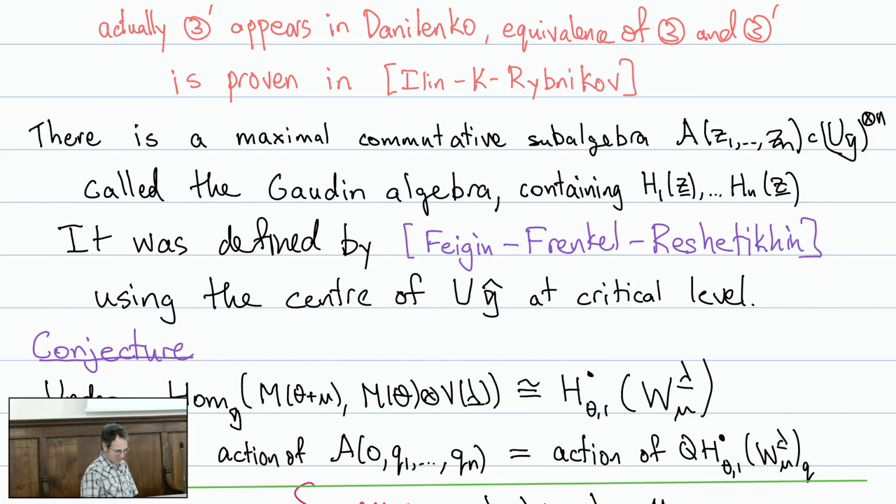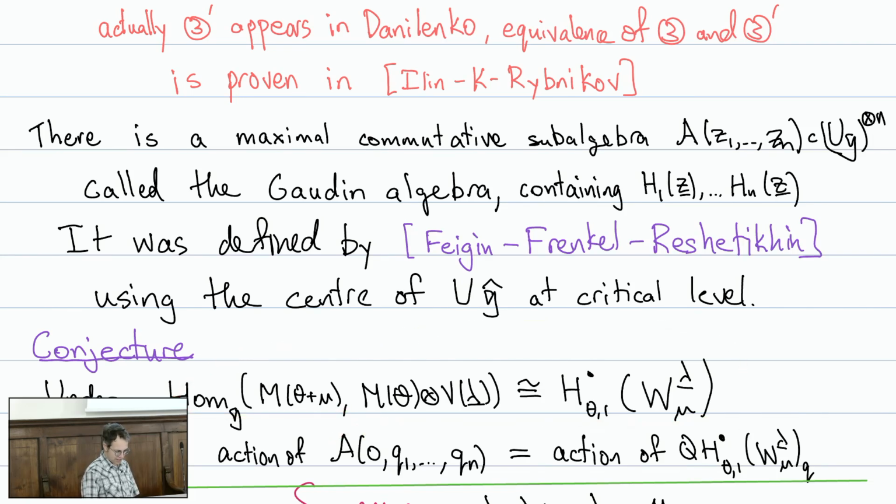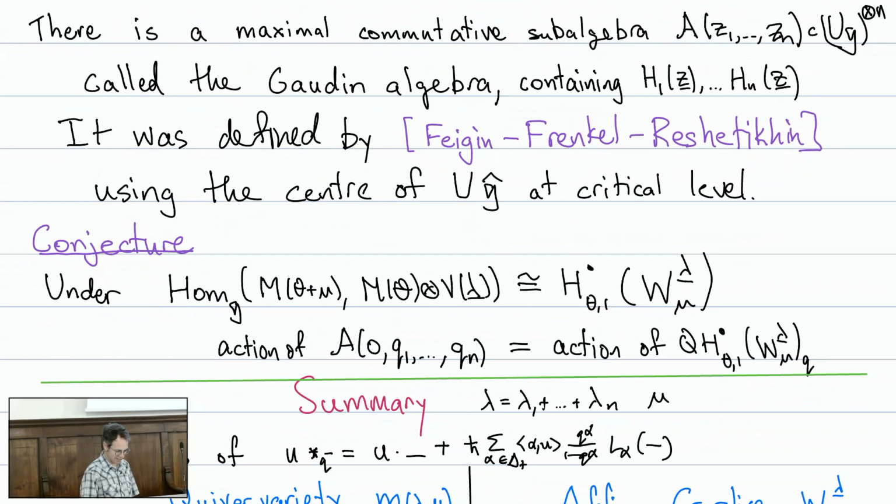Under this isomorphism, under this Verma module identification, the action of this Gaudin algebra is the same as the action of all quantum multiplication by any elements. As I said, the main evidence for the conjecture is that the left-hand side contains these Gaudin Hamiltonians, and we already know that those Gaudin Hamiltonians match the multiplication by divisors. This is a natural way of increasing the size on both sides, so it seems a reasonable conjecture. And it's supposed to be parallel. Well, okay, so now comes the